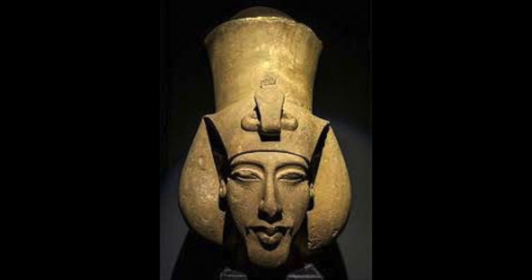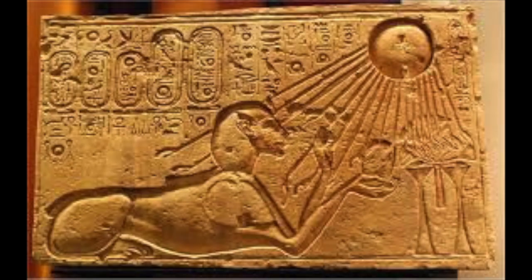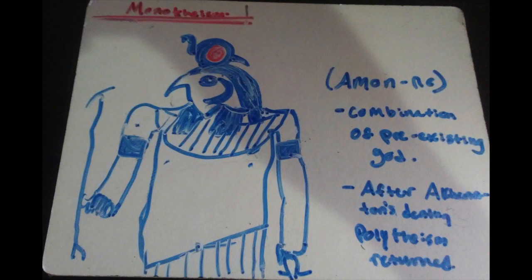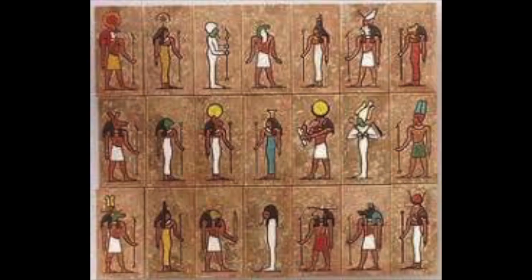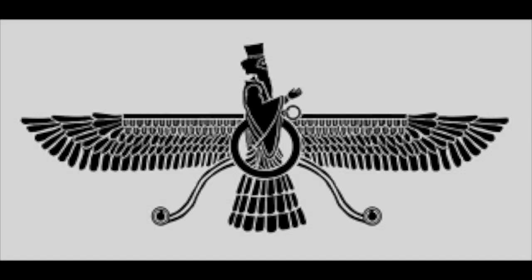In the rule of Akhenaten, or Amenhotep IV, the polytheistic beliefs were transformed into monotheistic beliefs. In an action to create a new hybrid god called Amen-Ra, the religious belief diminished along with the pharaoh once he had died. Polytheism became reinstated and helped influence other core religions such as Islam, Christianity, Judaism, and Zoroastrianism later in time.